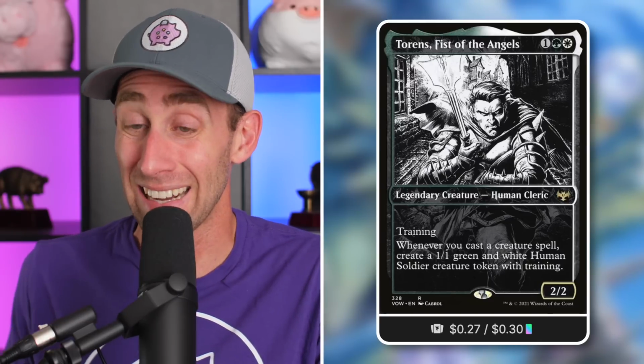Let's do so. Tauren's Fist of the Angels. Training. Whenever you cast a creature spell, create a 1/1 green and white Human Soldier creature with training. Again, training, keep in mind, can get counters on creatures, which is nice. But yeah, when you're casting your creature spells infinitely, infinite, and rules lawyers out there, infinite creature tokens, a trillion,